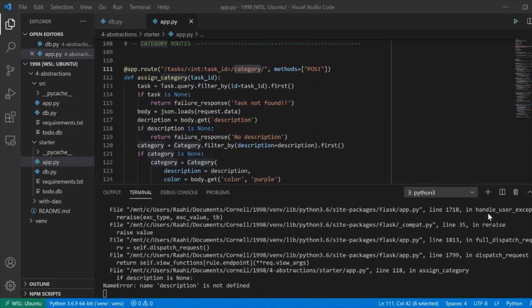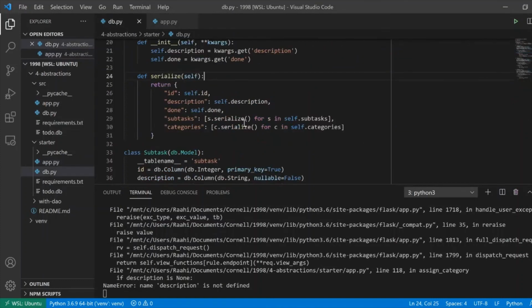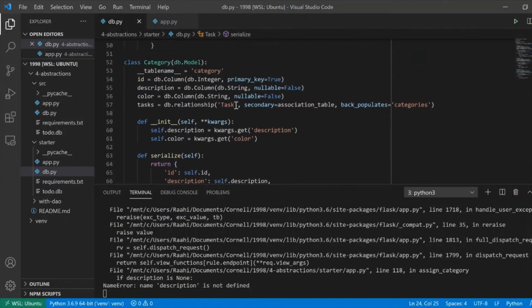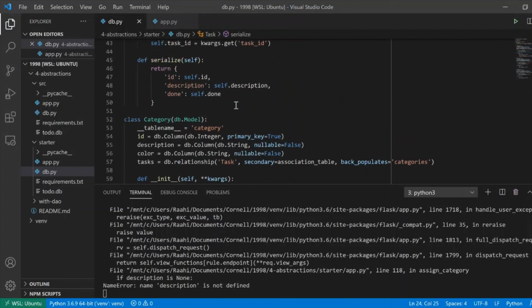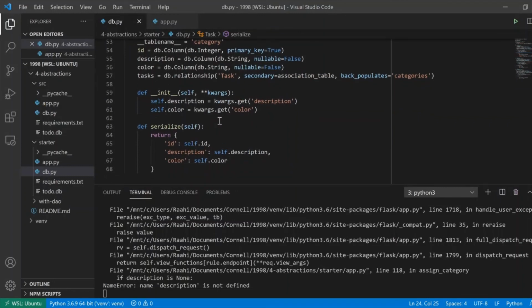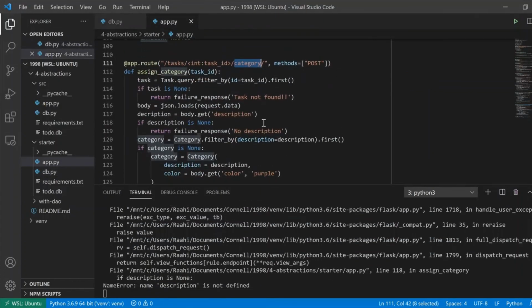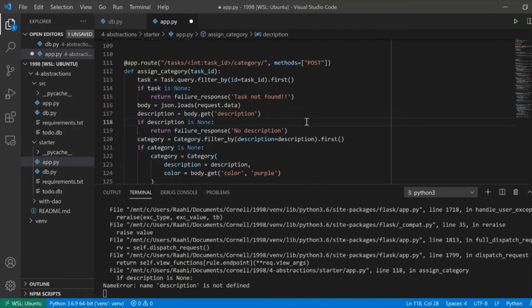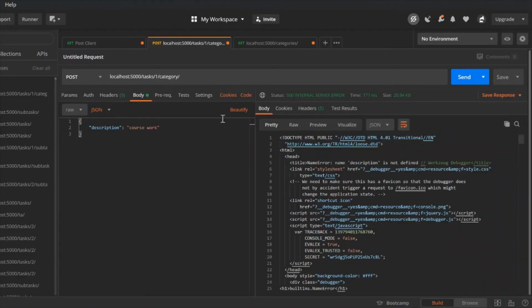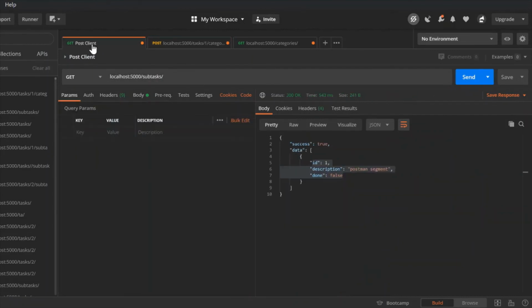Error, name description is not defined. That's probably another self error. I just realized I've been in my terminal this whole time. We'll fix that. In assign category, if description is none. So assign category, description. Lovely. Okay, so now let's shift over to the Postman window, Control Shift P, and let's try